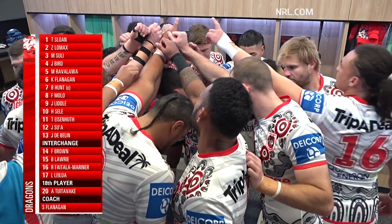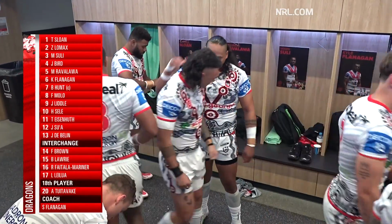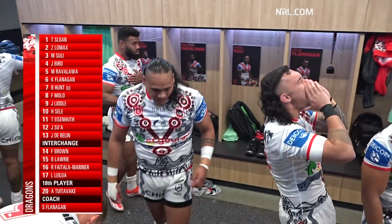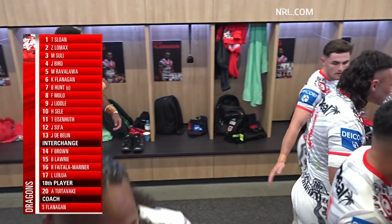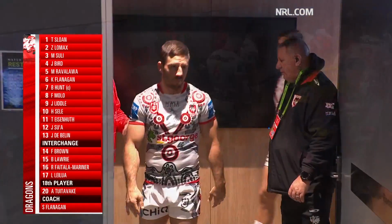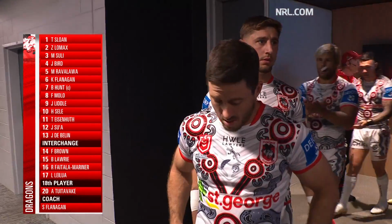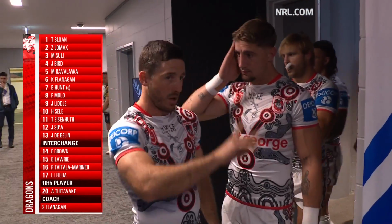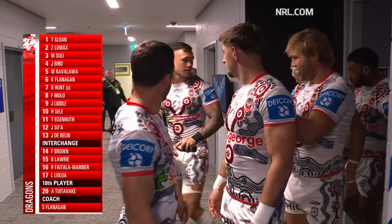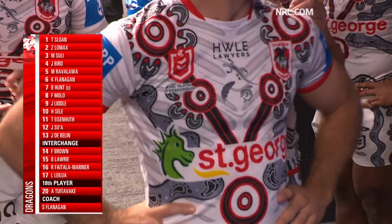There's a look inside their sheds and these wonderful Indigenous jumpers. The Dragons jersey designed by Brendan Garlett. The Spirit of Connection jersey artwork features totems of Dragons players and staff. The totems are a key element of belonging to country and connection to identity. They look fantastic. They obviously mean very much to...